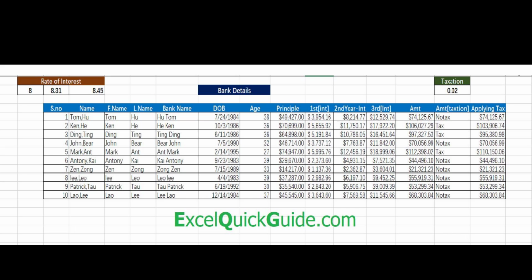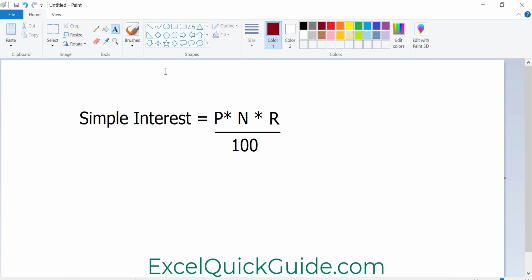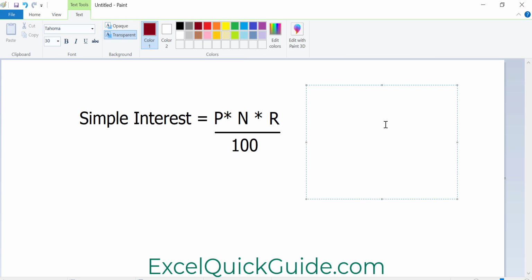Welcome students. In this class we will be learning the following concepts in intermediate Excel. Now foremost, the objective of this particular lesson is to teach you how to obtain the simple interest for a certain sum of money invested by the customer. Along the way we will be learning how to extract